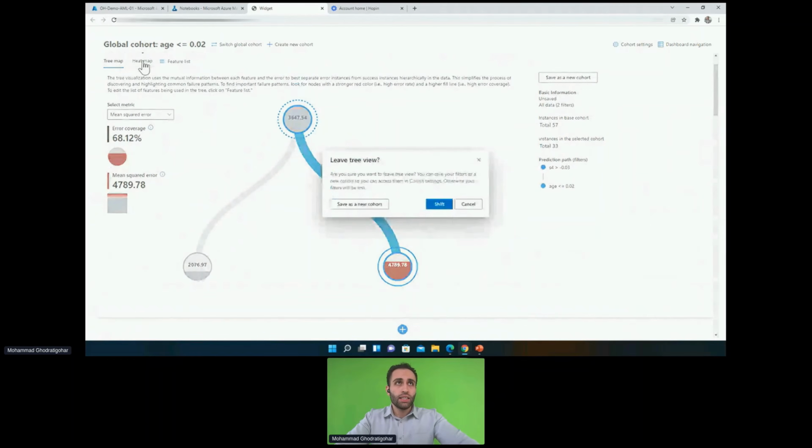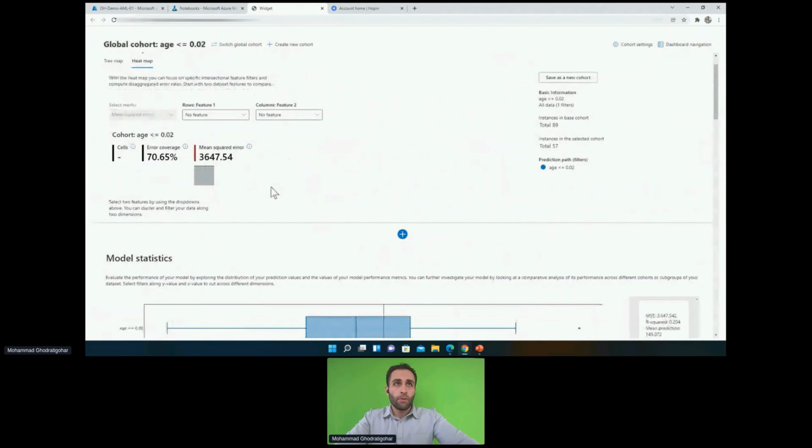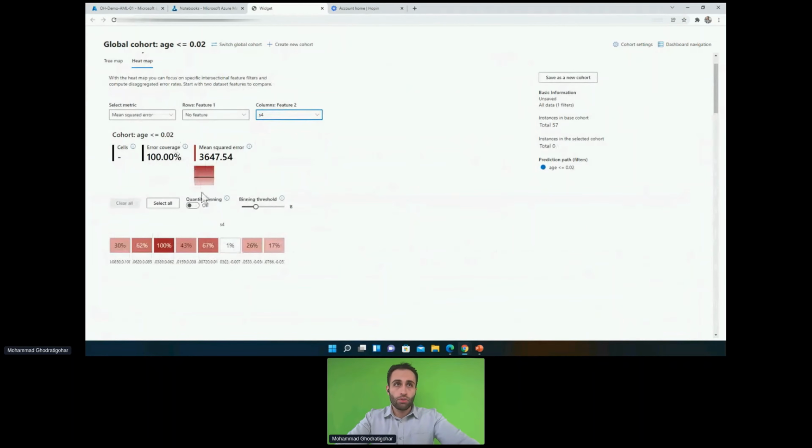Because if I click on heat map and select the S4 feature, which is a feature of interest, and I'm curious to know more about it, this heat map is telling me that, for example, when S4 or close to level is between this range, 100% all the time I have error, or less for other ranges. So there should be something, let's say there's a biased sample of S4 maybe, that I have less of for this range that the model hasn't trained on yet or hasn't fully learned properly.